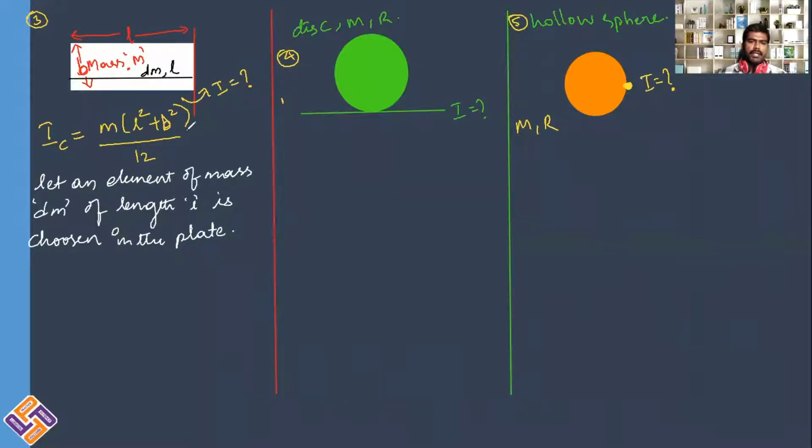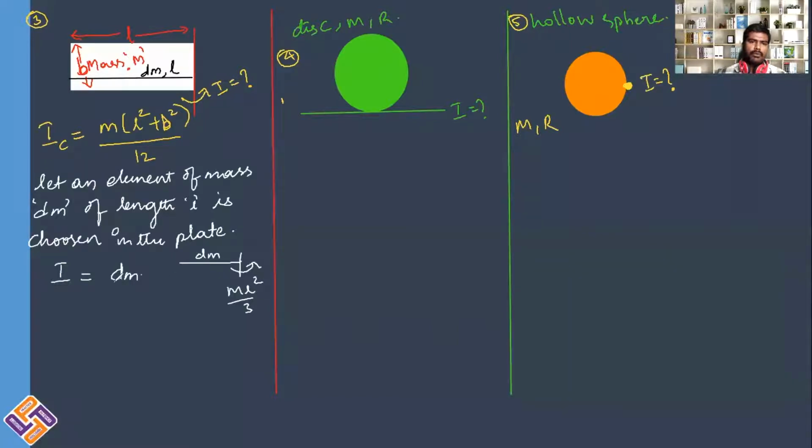So with respect to that axis, how do you write the moment of inertia? I can write the moment of inertia dI equal to dm, the mass of this element, into... And what about this axis? It is exactly at the edge of this lamina. Like we have already learned, the moment of inertia with respect to this axis is m L square divided by 3. This is the axis of rotation. In the previous classes itself we have learned this. For this very small element whose mass is dm, the axis is about this end. Therefore, the moment of inertia will be m L square by 3.